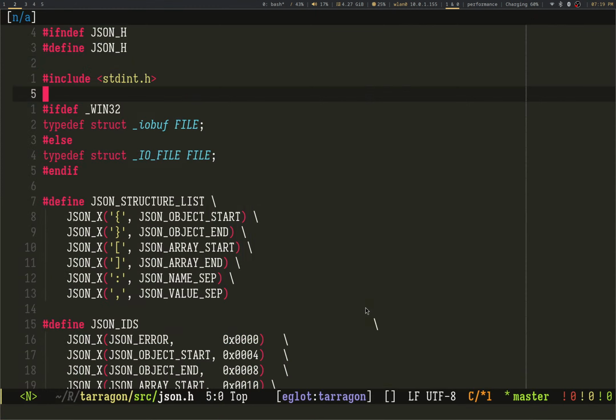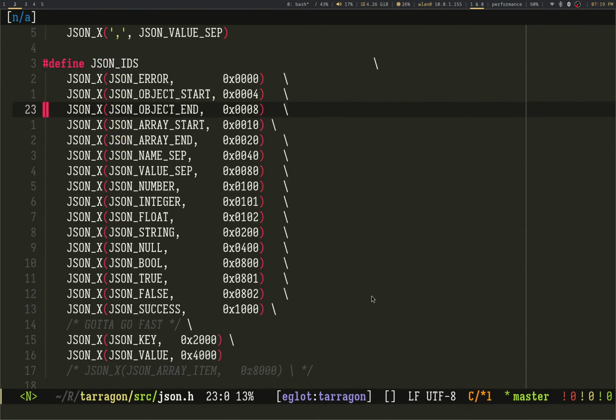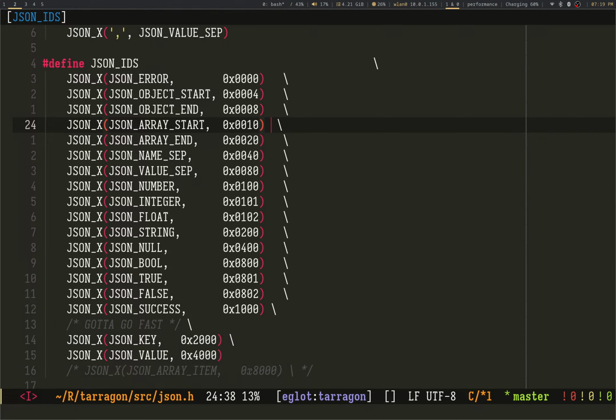So what I was planning to do, of course, while I was working on this, I started out using libjson or libjanson for my JSON parser, but I ended up making my own.